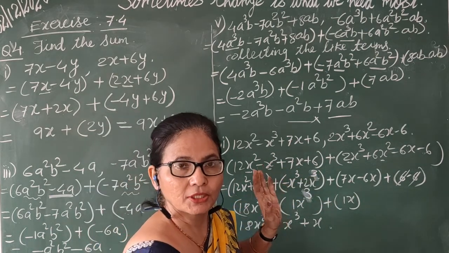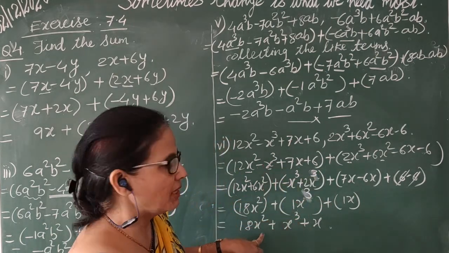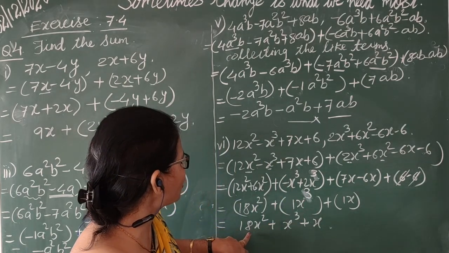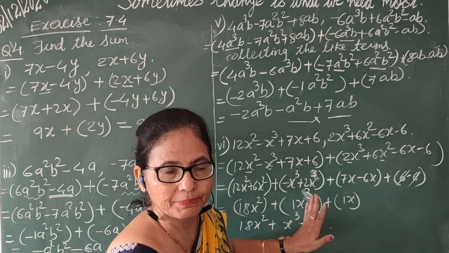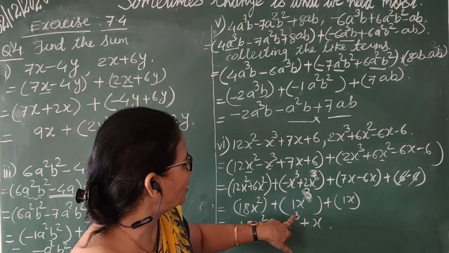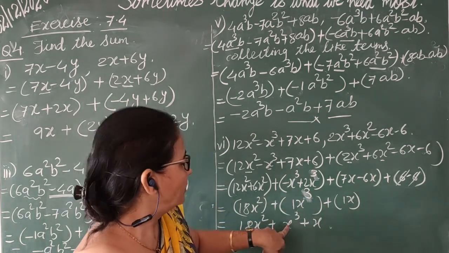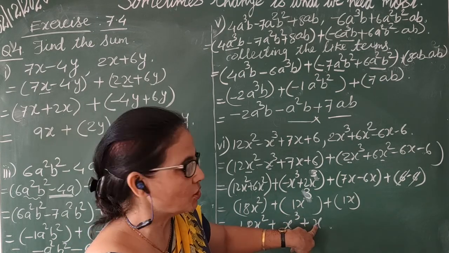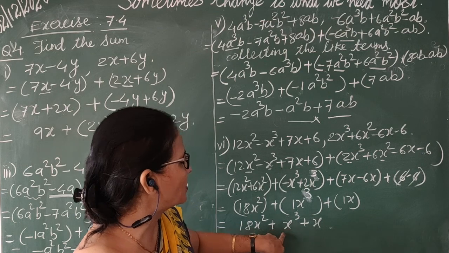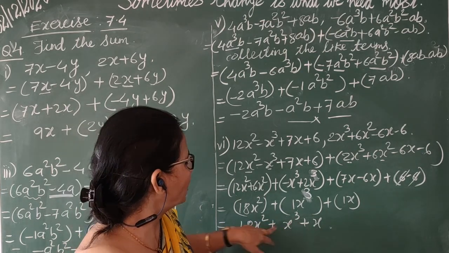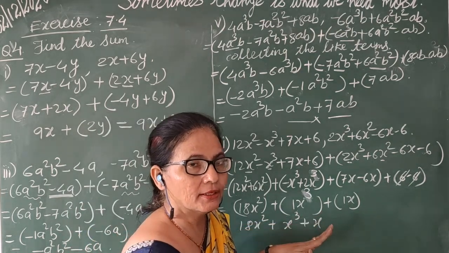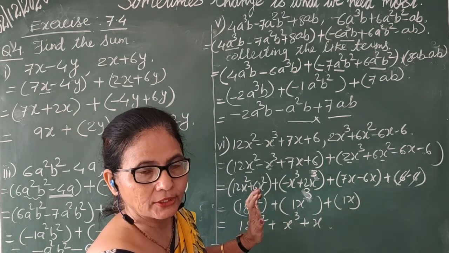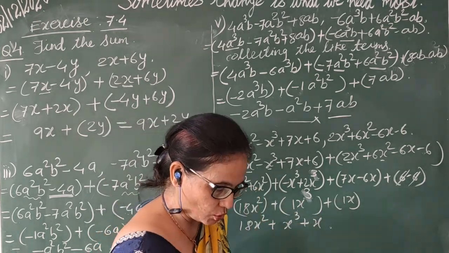Collect the like terms carefully and see children, maybe in the answers, maybe this term will be first or this term will be at last, nothing happens. Just check the terms with the proper sign. Terms with the correct sign. Means x cube plus x can also be written as x plus x cube. Okay, so the terms may be here and there, but what you have to check, the terms along with the correct sign.